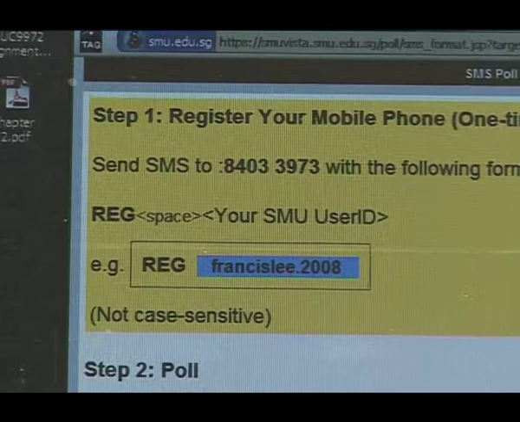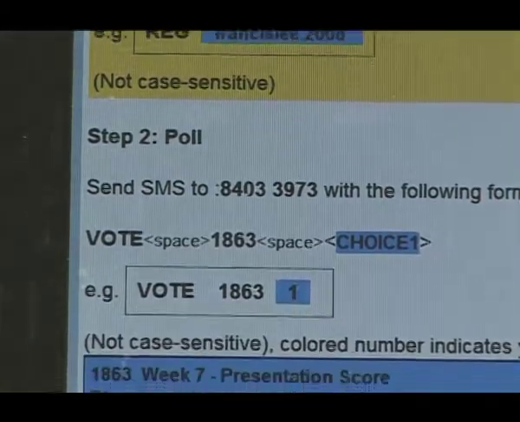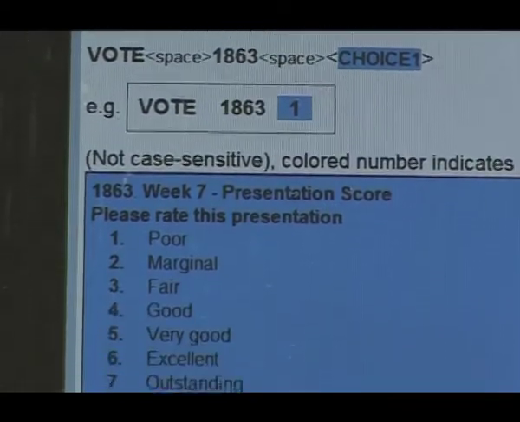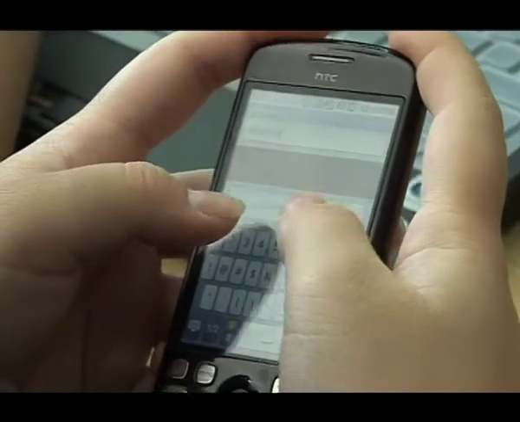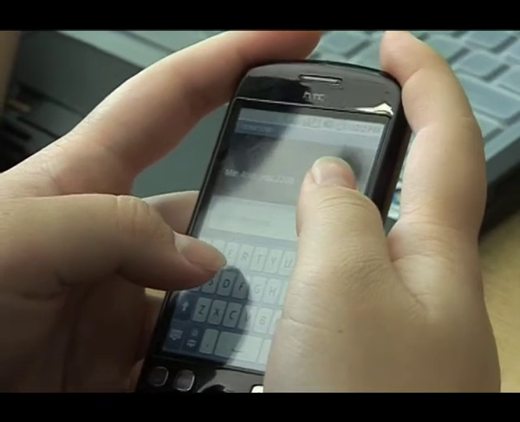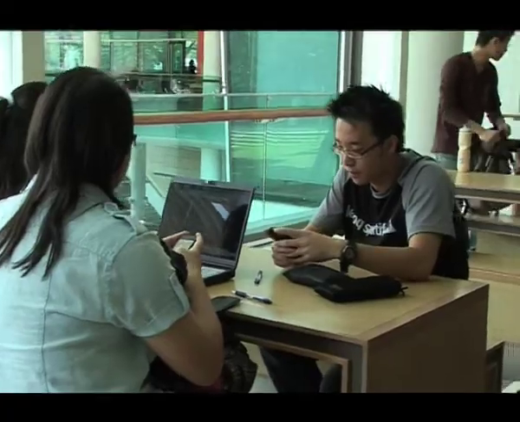So I tried an experiment, which was I gave people my phone number and I asked them to SMS me their scores. And I was able to find a piece of software that was free that would allow me to take my Bluetooth phone and transfer the SMS messages from the phone onto my computer and then from there into an Excel spreadsheet. And that made it possible to do what I needed to do.